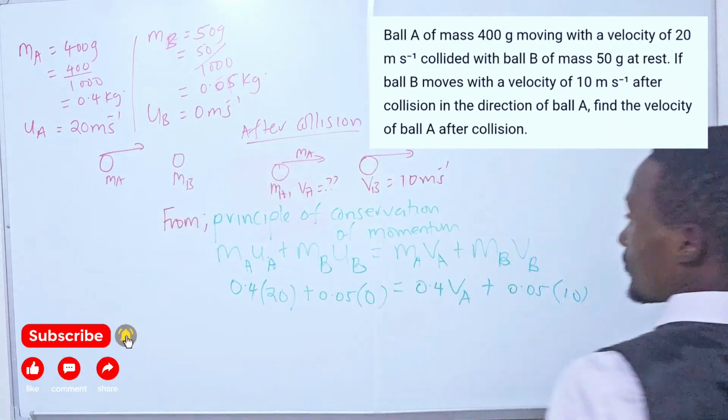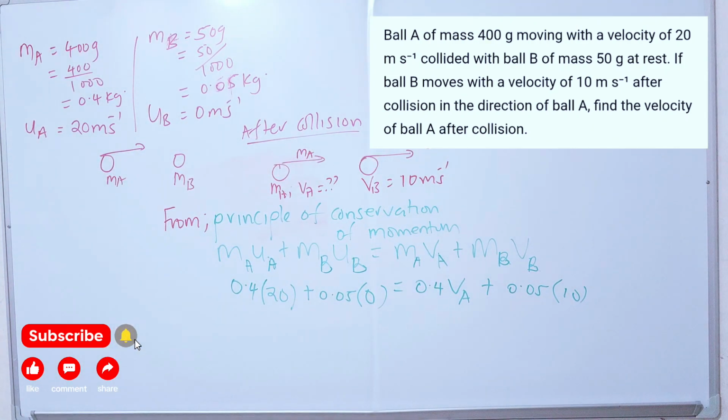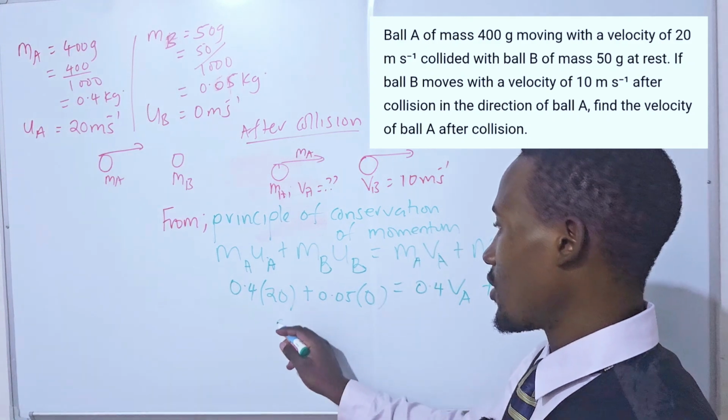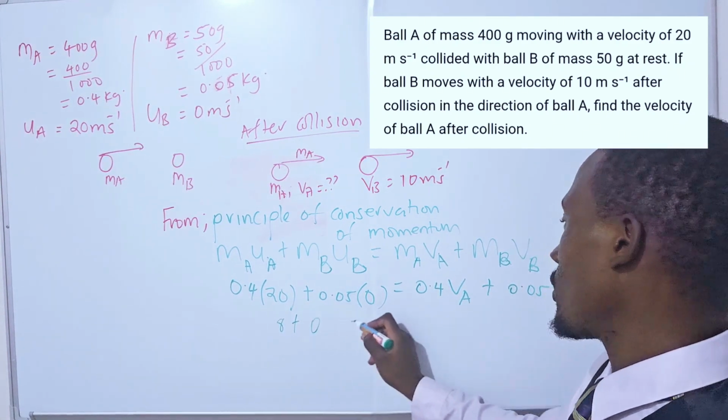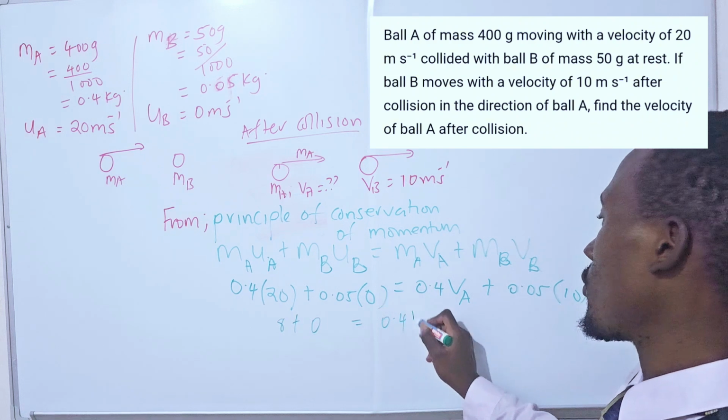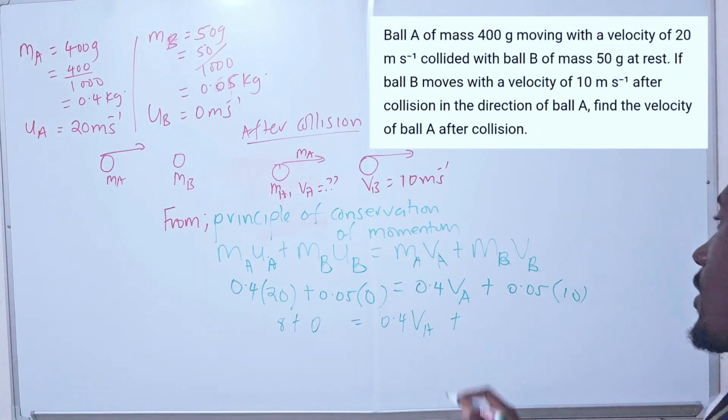Here we go. When we use our calculators, 0.4 times 20 is 8, plus 0 is equal to 0.4 VA plus